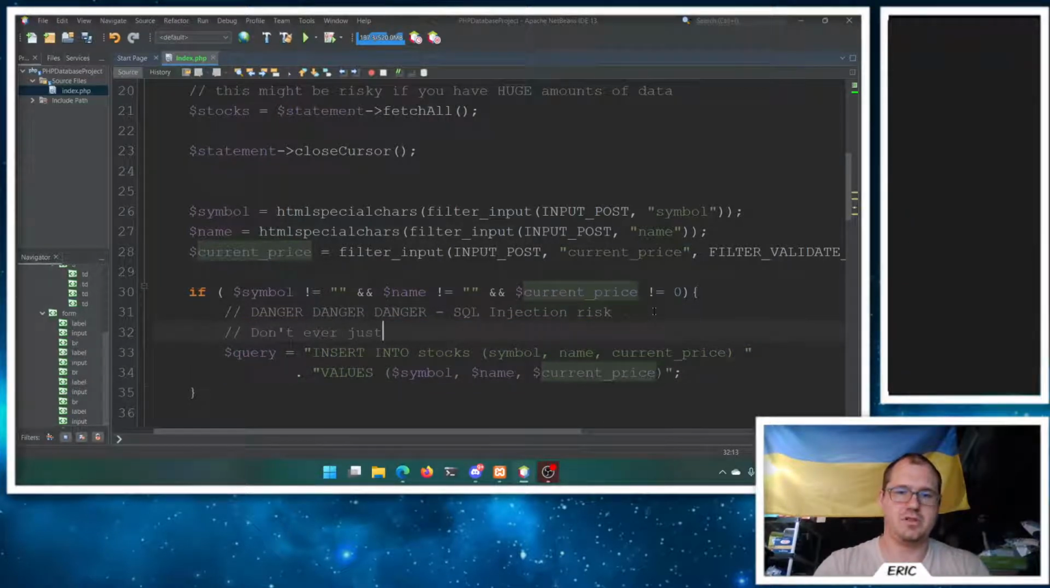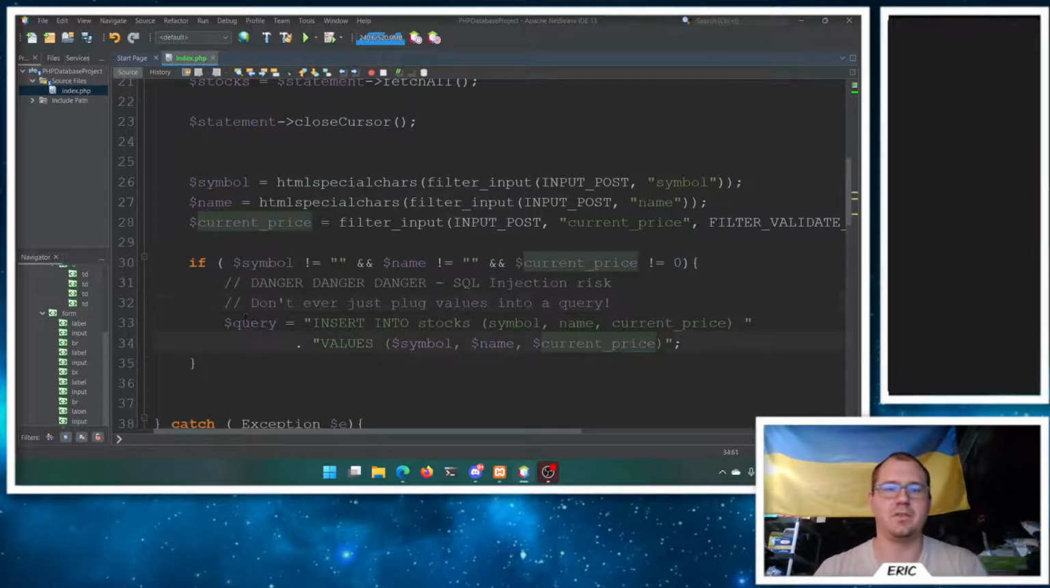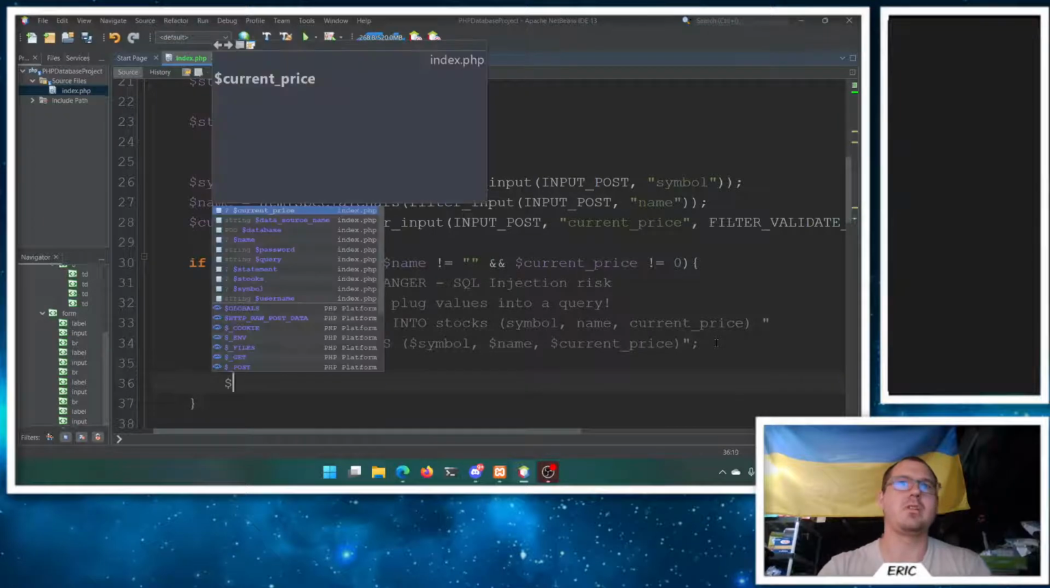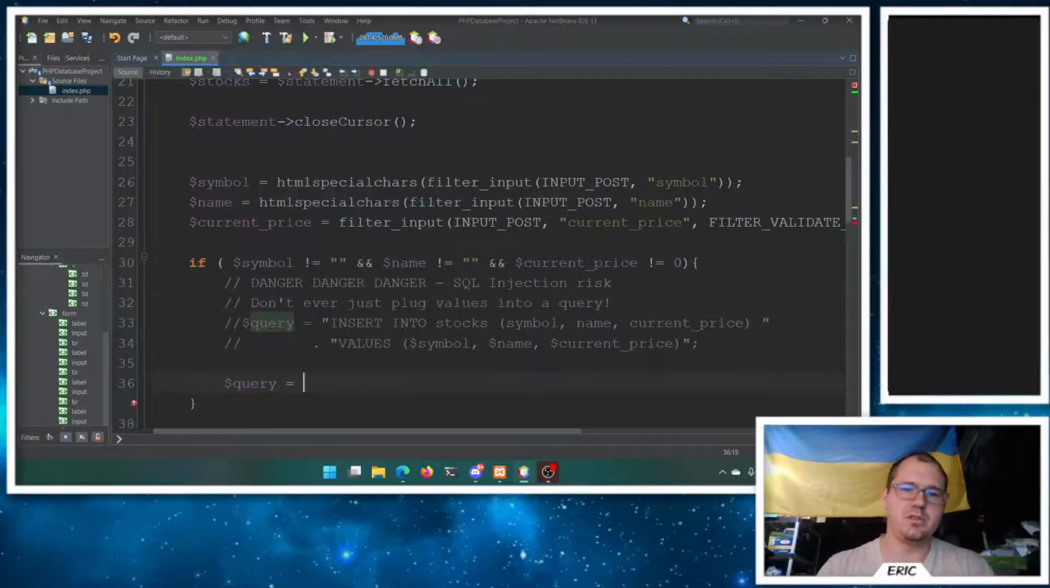Don't ever just plug values into a query. It's real bad here. We need to be filtered out. So I'm going to actually just comment that one out, because that's no good here. What we want to do instead is write the query similarly, but we're going to